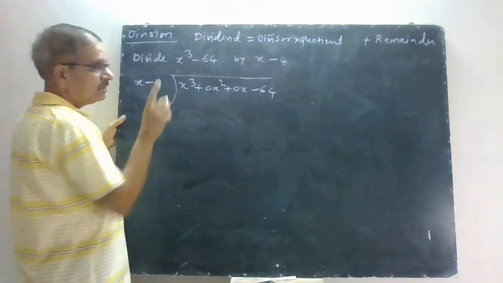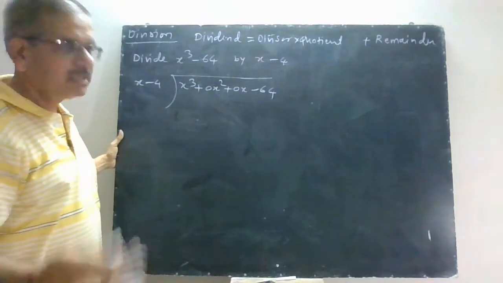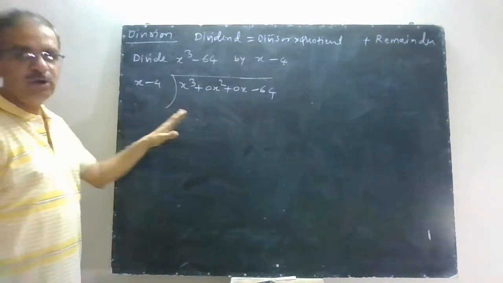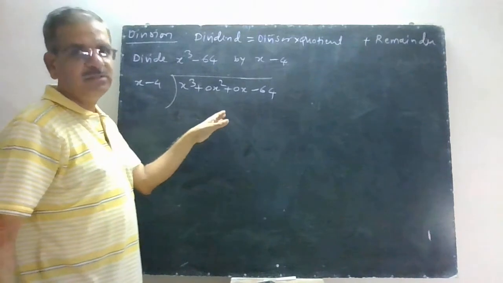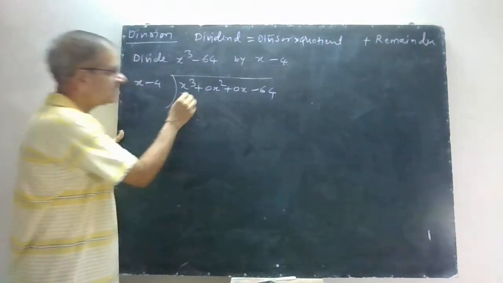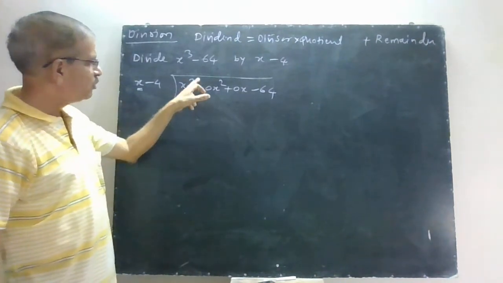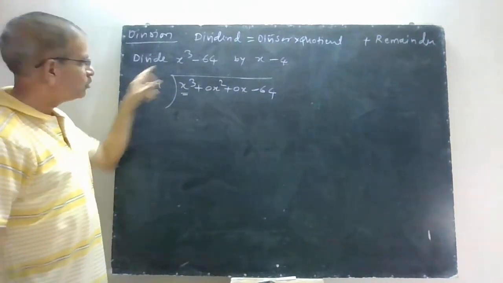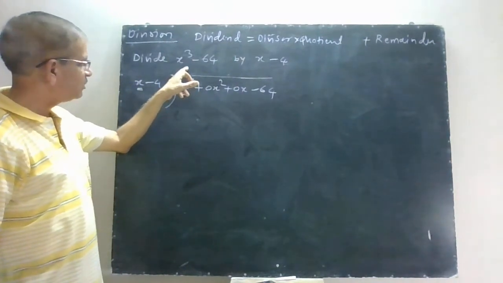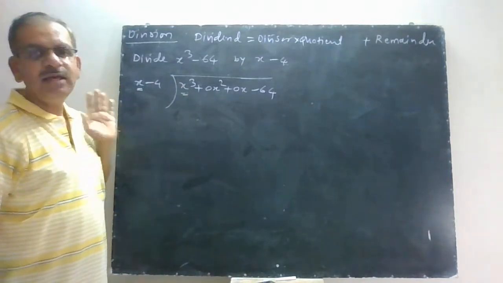Now the process of division is very important, because in higher standards you need to divide polynomials by others. If you don't know the procedure, your examples will be more tedious. Now see only the first term here and the first term here. Do not look at anything else. Here it is x cube and here it is x. So your quotient term should be such that the product with the divisor's first term gives x cube. This x cube should be eliminated first.